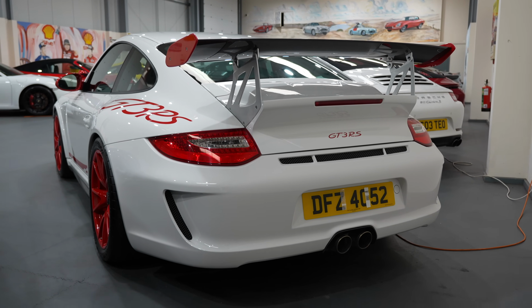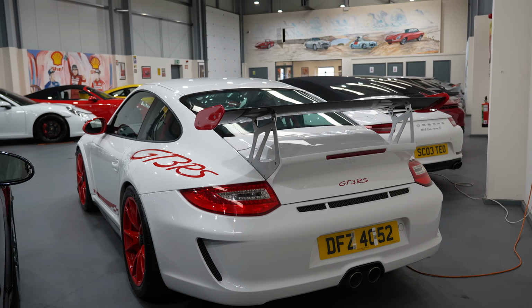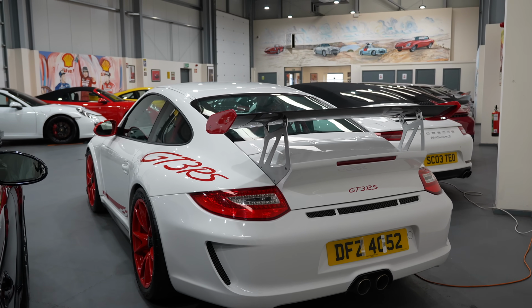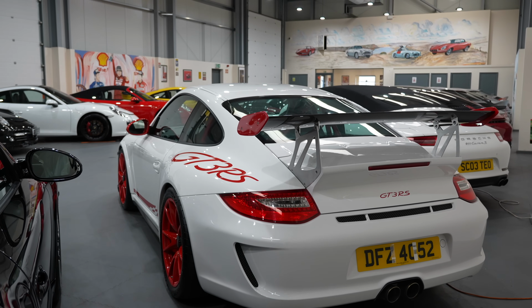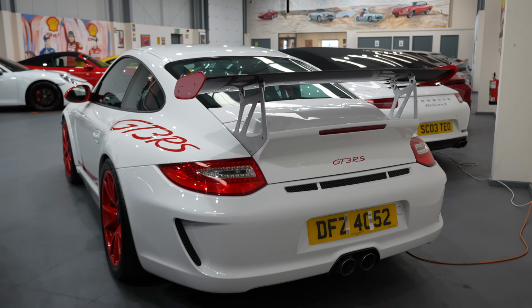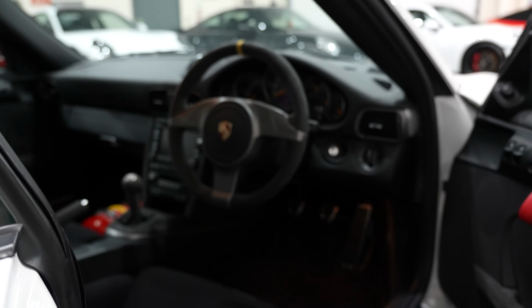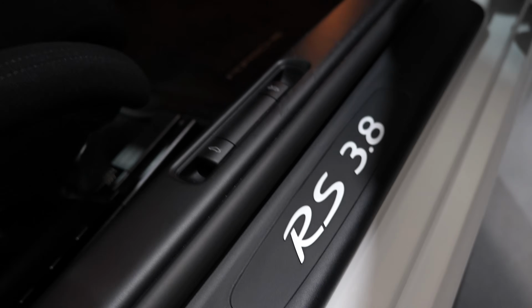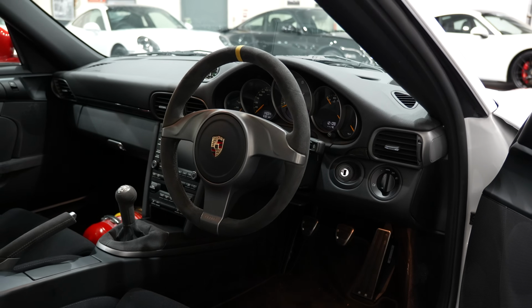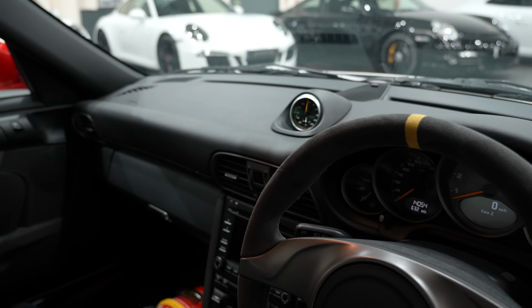And again, like traditional, the following RS went PDK only, didn't it? Rear axle steering. This is Metzger engine, passive rear axle, manual gearbox, mechanically assisted steering, beg your pardon. So it's pure tradition. It's pure, unbridled 911 thrills. This car, over and above the standard GT3 RS spec, included the chrono pack with the clock,